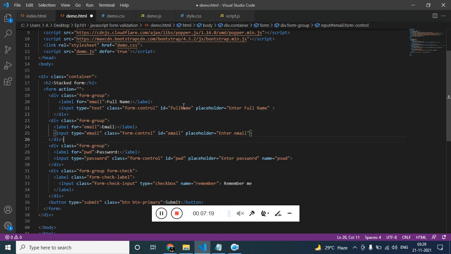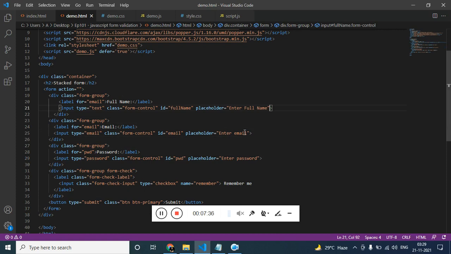In case you're working with a server side scripting language, this name is really important. Without this name you will not be able to identify any values of the input field. Great.